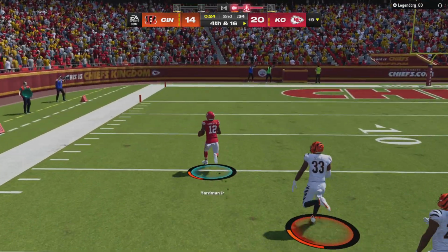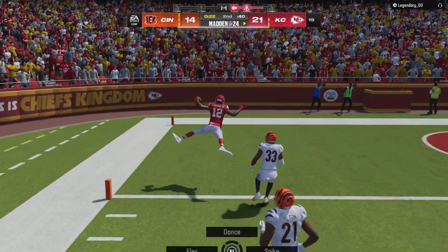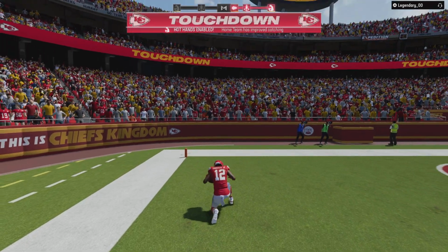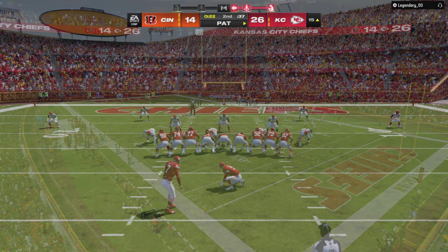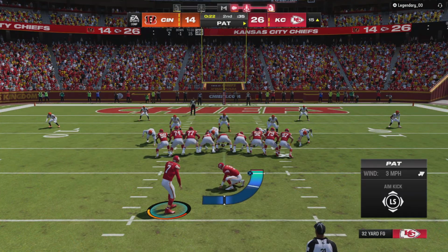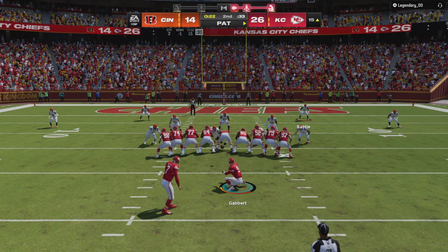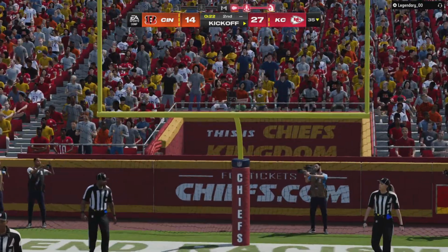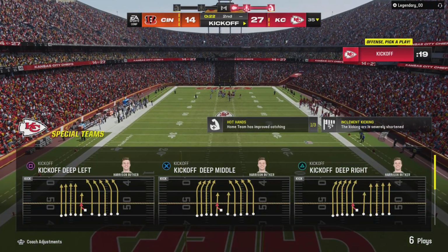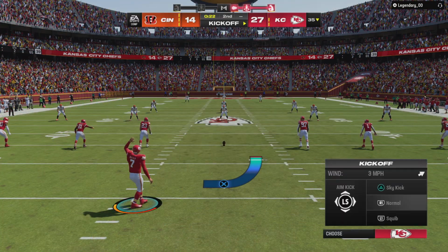There he goes, left side. And all the way in for a Kansas City touchdown. An impressive punt return of 76 yards. And the Chiefs will extend their lead in the final minute of the half. Extra point by Butker is on target. And the lead now stands at